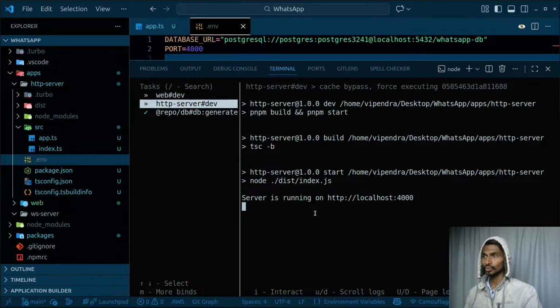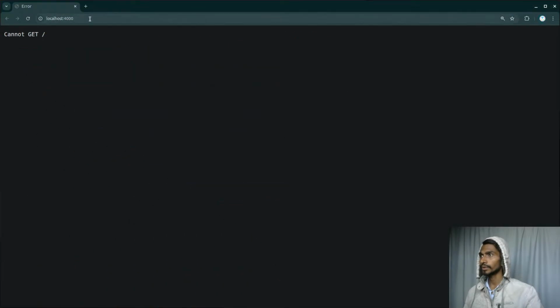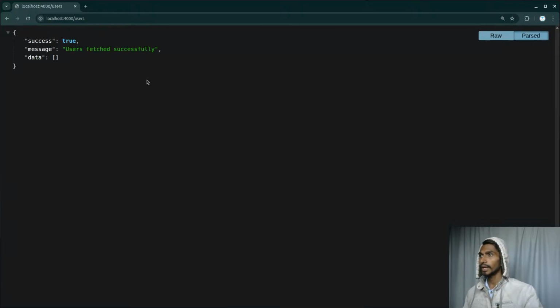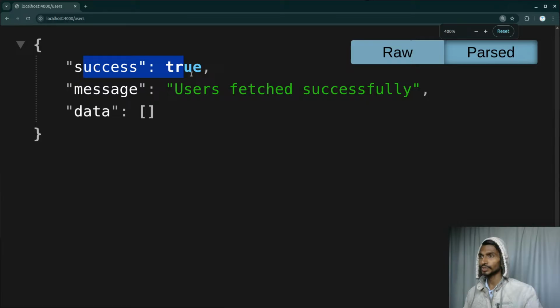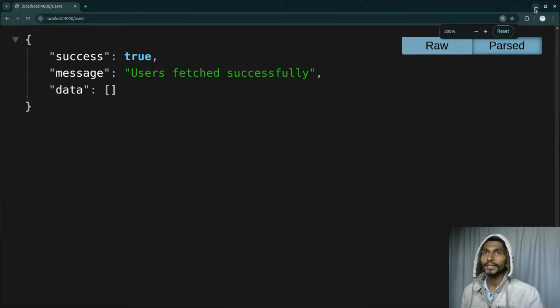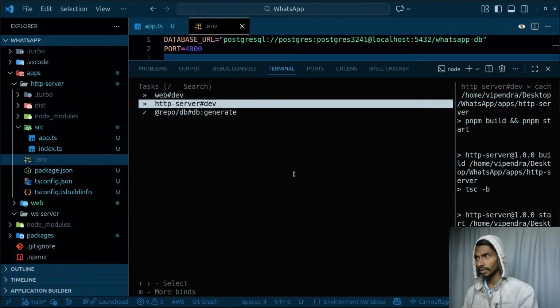I can go to localhost, and I should be able to get the data from the server side. Of course there is no route, so I will go to users just like this, and then I'm getting this particular response, and that is successful: users fetched successfully, and there are no users, so I'm not getting anything. The next step would be how to use the same Prisma client in the